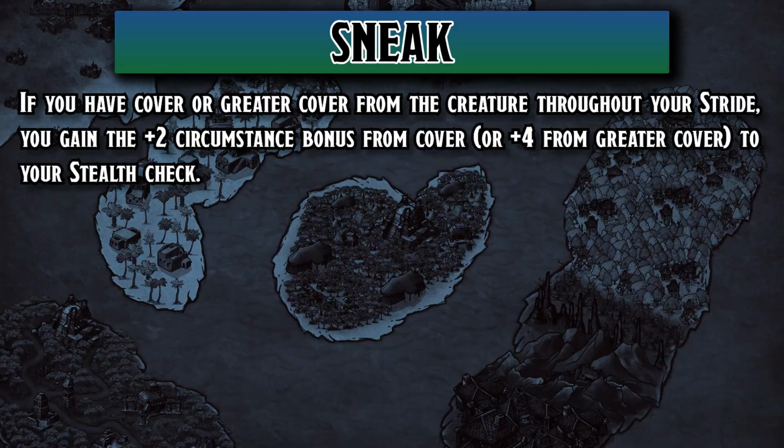I still don't like that you have to re-roll the stealth check in the first place, but I suppose that negates you from having to just move, I guess? I don't know why you have to stealth check every single time. Especially if you're making some long encounter where you have to sneak for a prolonged period of time. Like, that's potentially 10 stealth checks for what would be a minute of sneaking. If you have cover or greater cover from the creature throughout your stride, you gain the +2 circumstance bonus